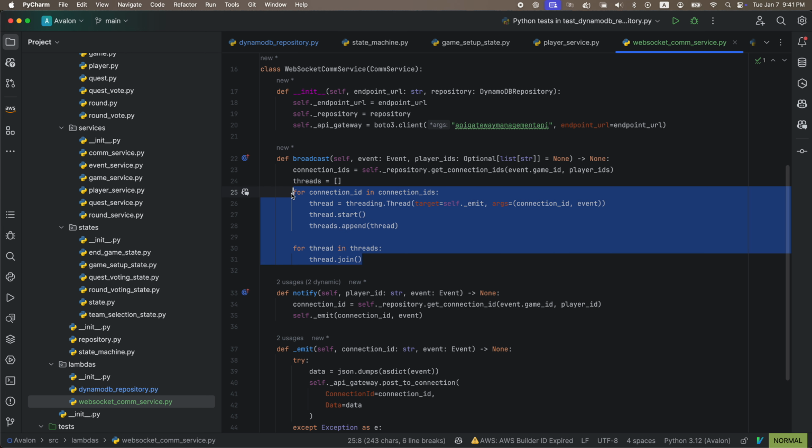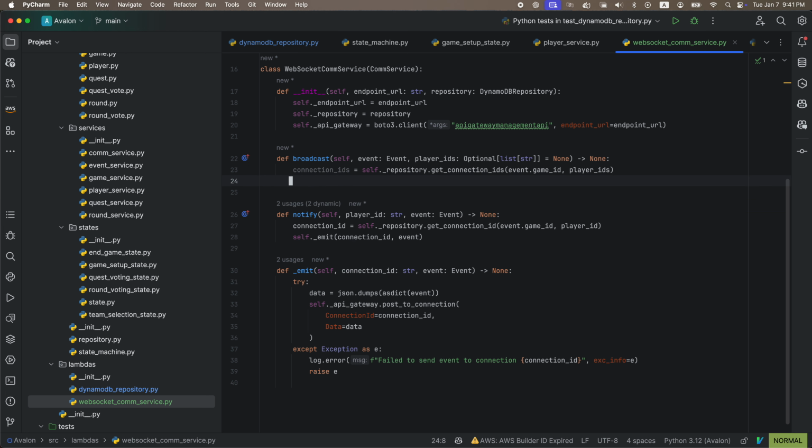I think this is much better. I myself, I'm not a huge fan of managing threads because there's always something going wrong, and plus it's not very elegant. Like we're doing two loops, so